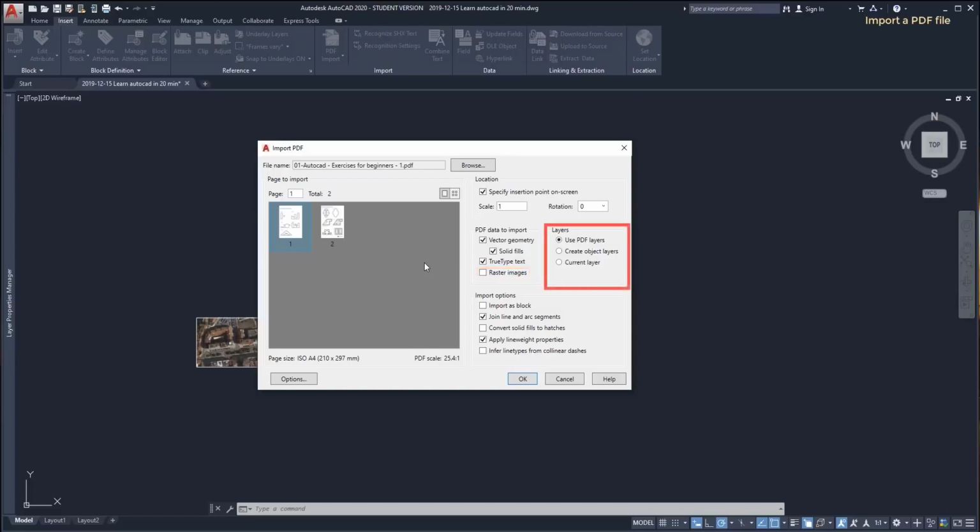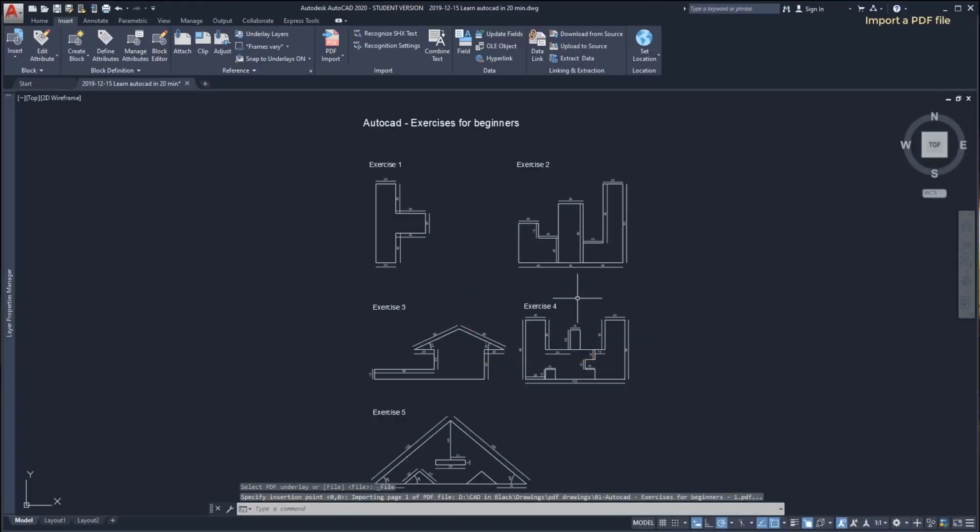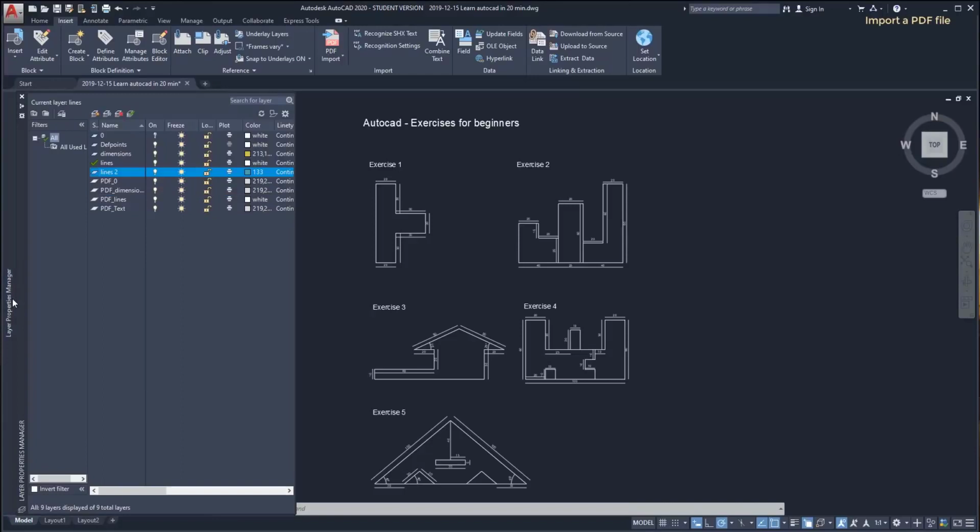Then, on the right panel, I tick on the first option, Use PDF Layers. On the panel below, you can find more options to add. But for now, let's click on OK. And I am going to insert a file on the project. Nice. Now, if I go to the layer properties, I can see that new layers were created from the PDF,